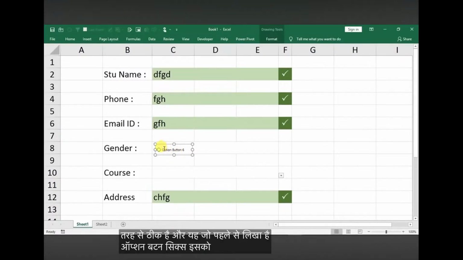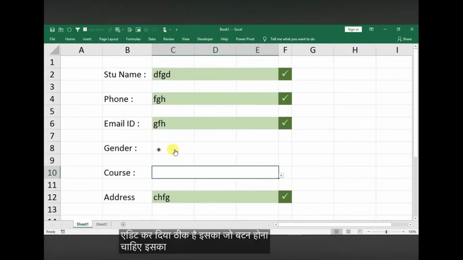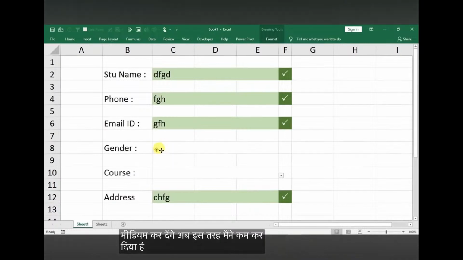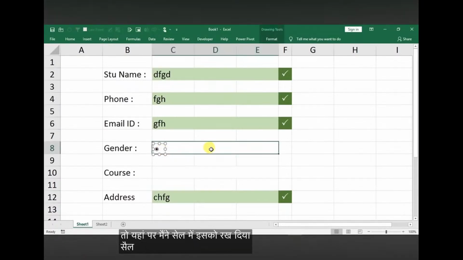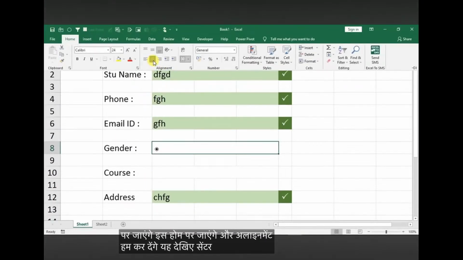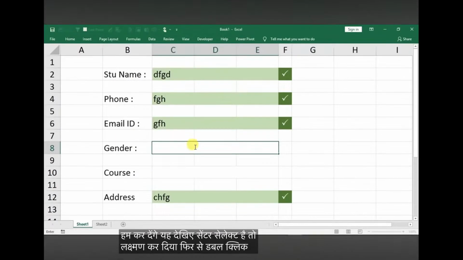ठीक है, और ये जो पहले से ऑप्शन बटन 6 लिखा है इसको हम रिमूव कर देंगे, यहाँ से मैंने इसको हटा दिया, इसके नेम को डिलीट कर दिया। ठीक है, इसकी जो विड्थ है इसको हम कम कर देंगे, इस तरह से मैंने कम कर दिया है। यहाँ पे मैंने सेल में इसको रख दिया, सेल पे हम डबल क्लिक करेंगे। अभी यहाँ पे सेंटर में कर्सर आ रहा है तो हम होम पे जाएंगे और अलाइनमेंट लेफ्ट कर देंगे, देखिए सेंटर सेलेक्ट है तो लेफ्ट मैंने कर दिया, फिर से डबल क्लिक करेंगे, आगे थोड़ा स्पेस दे देंगे ताकि बटन यहाँ पे दिखे, बटन की जगह हमने छोड़ दी।